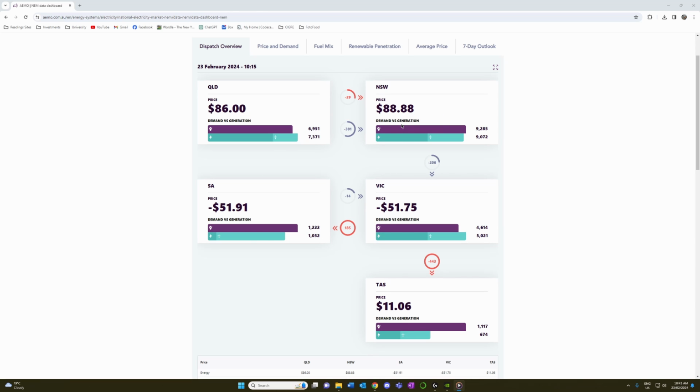So a bit of a deep dive. As I said before, the spot price is essentially dependent on demand versus generation. But you'll say, Jack, why for Queensland is generation higher than demand, but the price is still nearly $100 per megawatt hour? Whereas for South Australia, the demand is higher than the generation, but it's negative. And usually I would say, great question. However, there is an explanation.